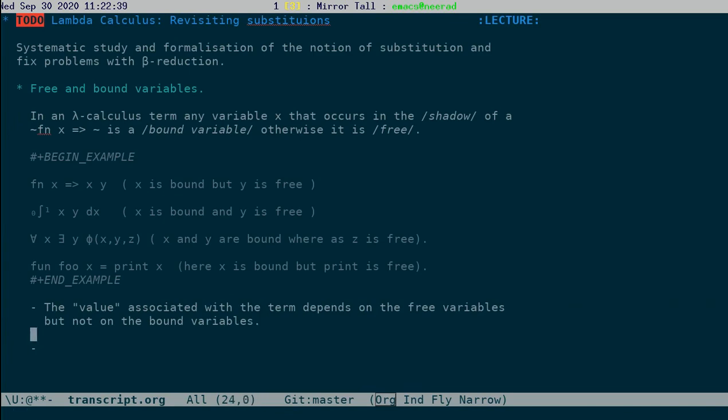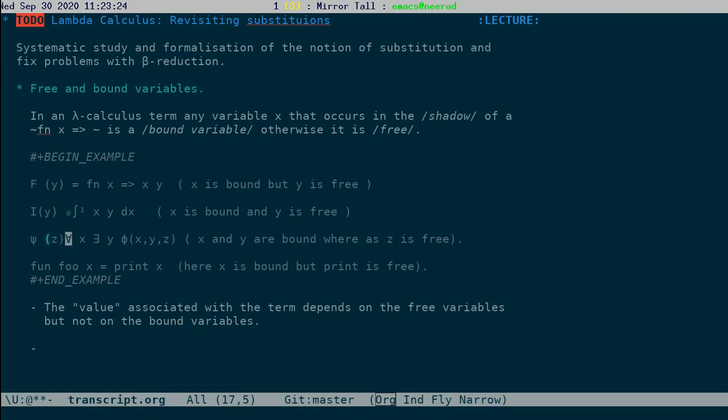Okay. So for example, let's take this function fn x arrow xy. If you want to find what this function actually means, you need to know what y is. Similarly, if you want to find this integral, you need to know what the value of y is. Okay, so in that sense we can write this as f of y equal to something like this. This term you can write to be explicit about the free variable. You can say that this term has y as a free variable. Okay. Similarly, here you might write this as an integral I of y. Okay. Here you might write this as a formula psi of z.